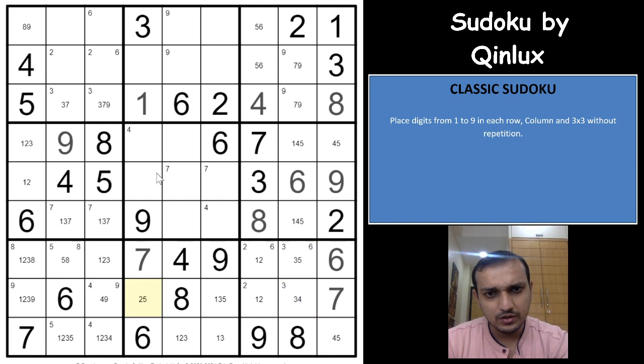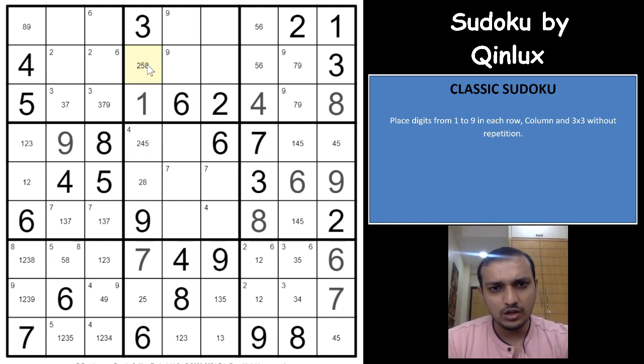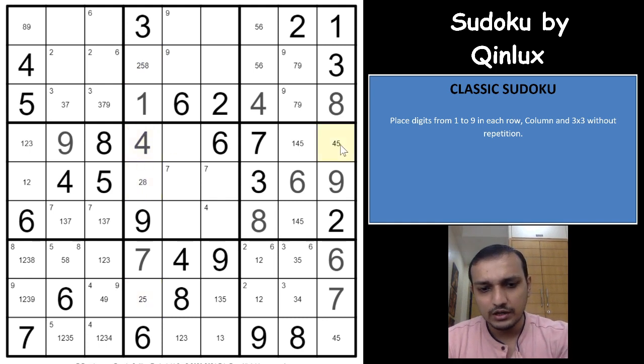Two, 5, 8 and 4. 4, 5. This is 2, 8. 8, 2, 4, 5. 4, 2, 8 and 5. 2, 5 and 8. Okay. Oh, you get a 4 here. 4 cannot be here. 4 cannot be here. 4 cannot be here. This cell would have to be 4. That gives you 5 here, 1 here and a 4 here. That 5 gives you a 4 here. Eliminates 4 from this cell.